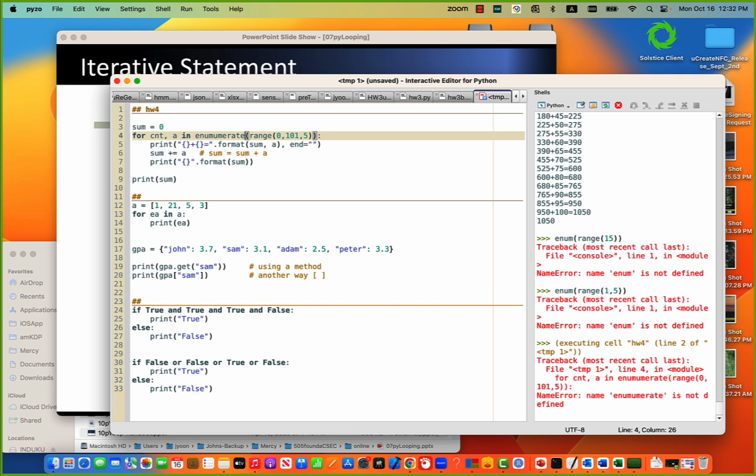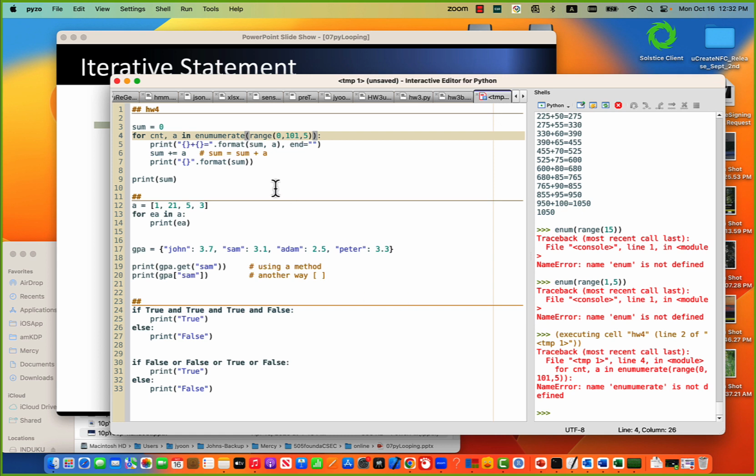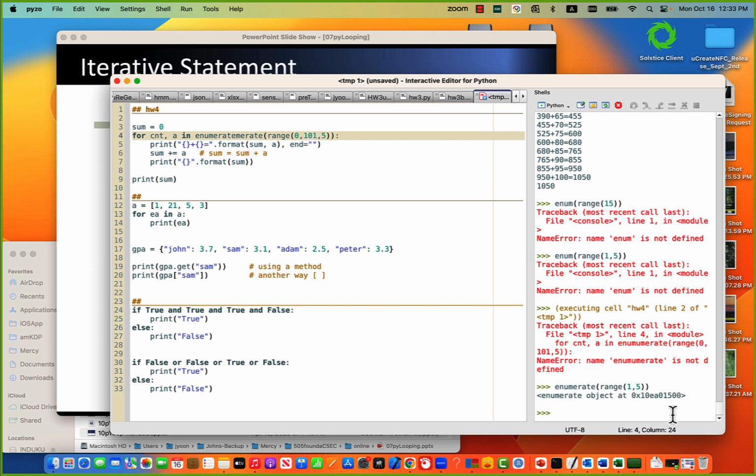Enum is not working. Enumerate works. So here we need to say enumerate. So what it returns is only that. So if we want to print it,